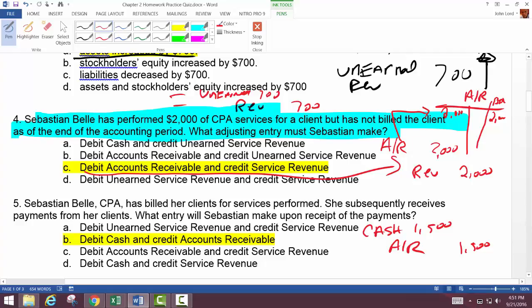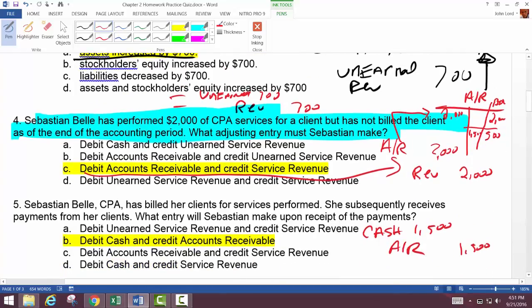And then I went ahead and I credited it 1,500 when they pay me 1,500, right? And so now the balance is how much? 500. Okay? So what happens? If somebody calls and says, "Hey, Sebastian Bell, how much do I owe you now?" She can press a button and say, 500, please, right? It's sitting right there at any point in time, right? Or she can resend another bill with the new balance if somebody doesn't pay her. Okay, good. Come over and let's take a look at